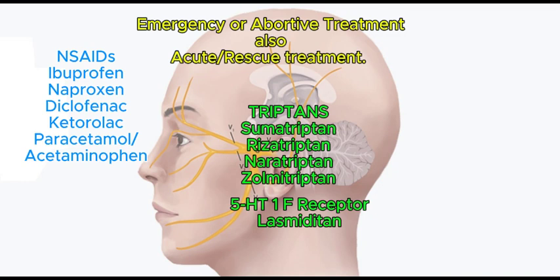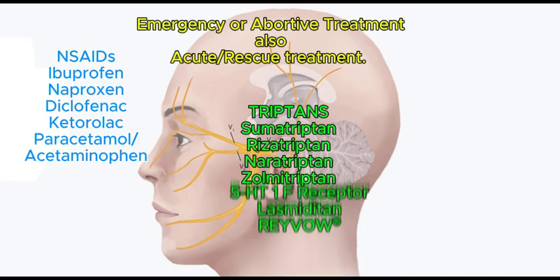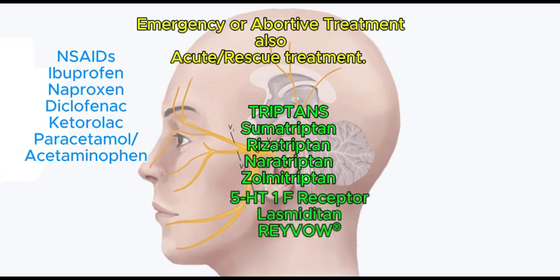I do not have experience using this medication as it is not available where I work, but there are recent promising studies regarding the use of this medication in migraine patients. In the US, the Food and Drug Administration approved lasmiditan oral tablets, Reyvow, in October 2019 for the acute treatment of migraine in adults. The initial dose of lasmiditan is 50 to 100 mg, particularly effective in patients who cannot use triptans due to cardiovascular risk.